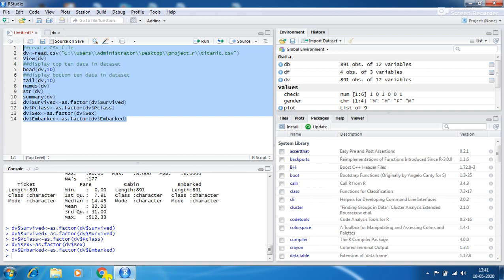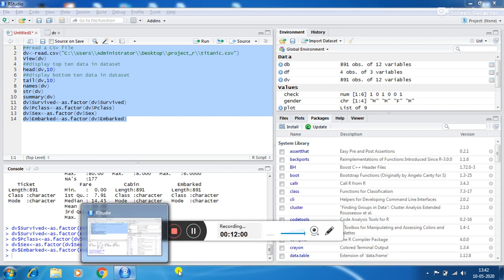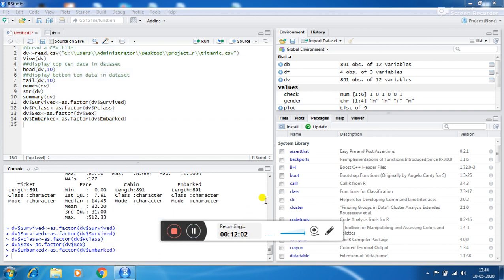Next, we have to analyze and visualize the data using R. Data visualization is the art of turning data into insights that can be easily interpreted.